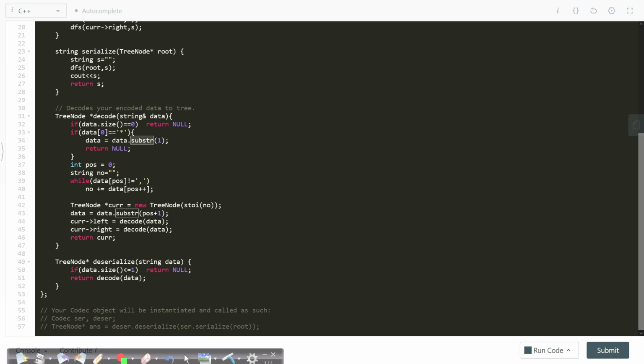Now if it is not a null pointer, then I will take a position pointer starting from the first index. Then I will take a number which will contain the entire extracted number, and I said that I will only end when we encounter a comma. So I save the entire number in number. Like if we had something like 12 followed by comma, star, and maybe 14, then I will move my position pointer.